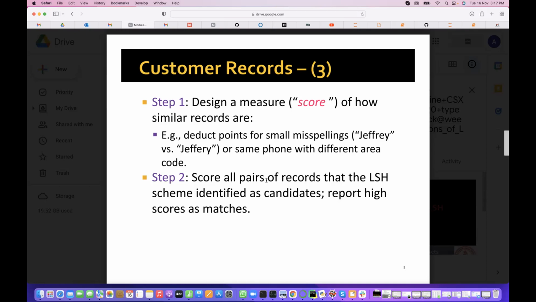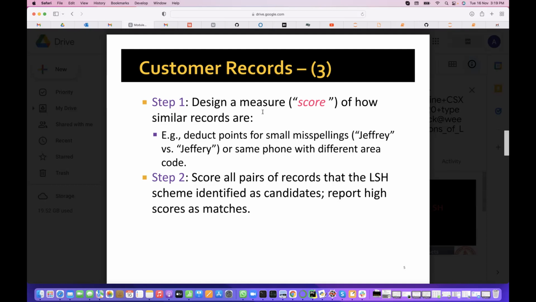If name differs from name, phone differs from phone, address differs from address, and we hash them using a locality sensitive hash function, min hashing, as it is called, do they fall into the same bucket? Very unlikely, right? Different strings may have the same hash value, but it is most unlikely they fall into the same bucket. If they fall into different buckets, we are sure that they are not the same, right? Okay, that is the idea.